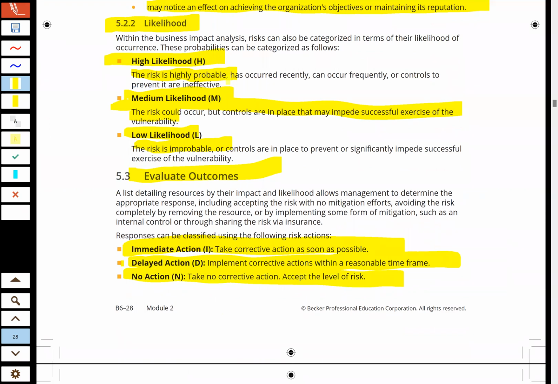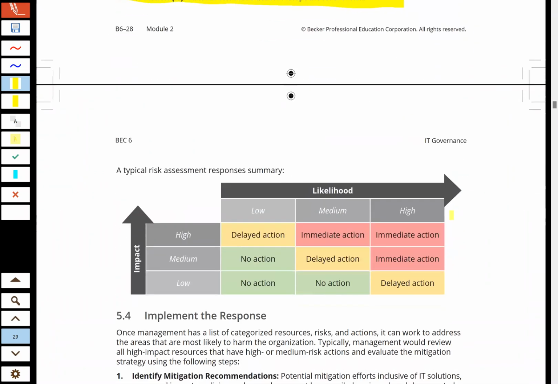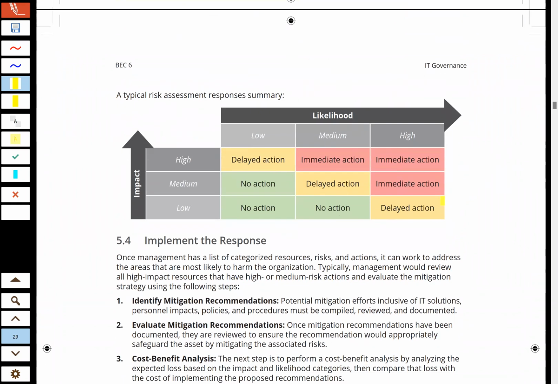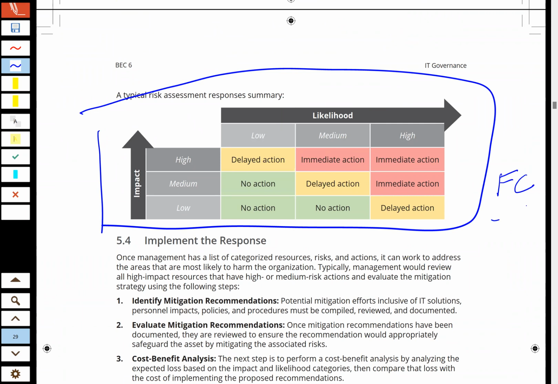So you come over and we talk about how we would implement that, and they give you this graph. Actually, you know what? This graphic is pretty good. So let's go ahead and flashcard that. You can copy that if that's not already in your flashcards. But you can see, which I was articulating verbally a minute ago, if something's high impact, high likelihood, you need to take what? Immediate action to put some controls in place around that, right?